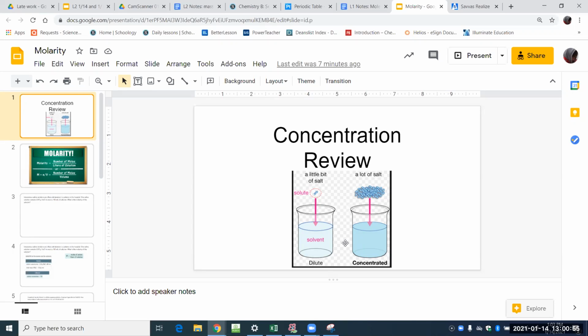So we need to go back and revisit concentration. Okay, so that's something that you should have been exposed to last semester, right? And you should remember a little bit about concentration, but this is just a quick review. So remember that concentration is a mixture, right? Where you have a solvent. This is a solvent, which is found in large amounts,